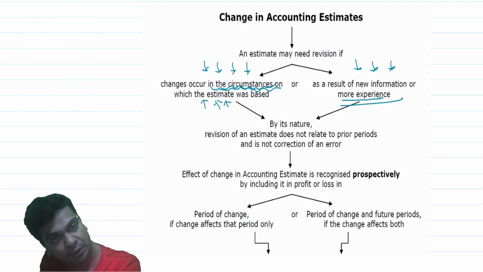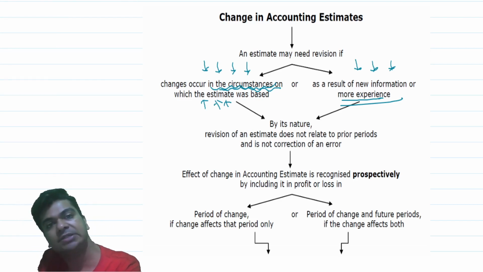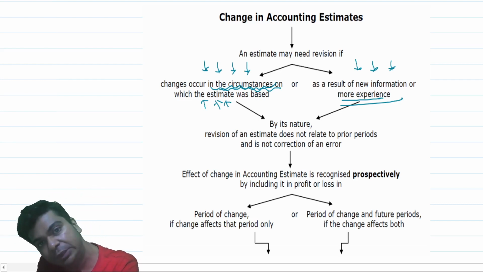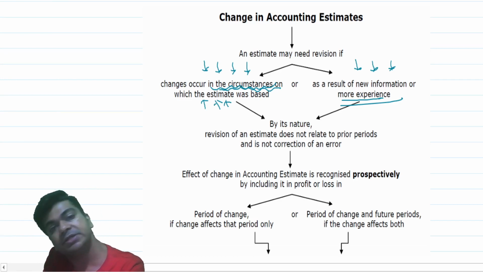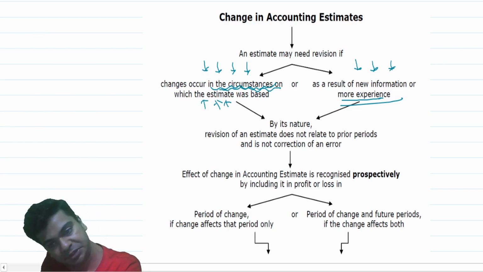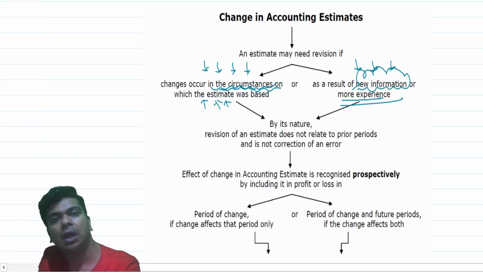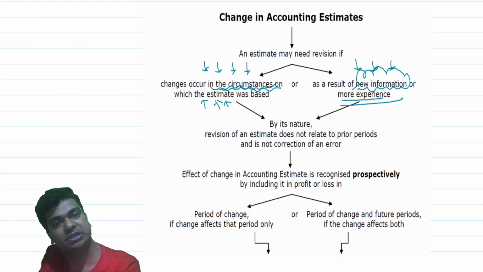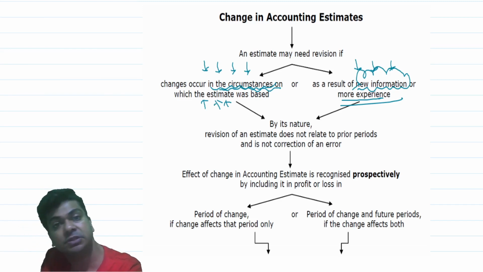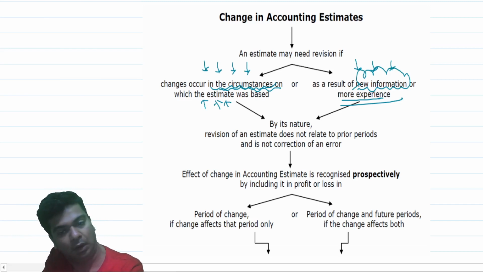My lawyers were advising me that, see, do not worry at all, you will win this particular case. And that is the reason I did not recognize any provision. But as on the balance sheet date, there are some new developments in the case, and based on that, my lawyers are now advising me that you may lose the case now and be prepared to pay damages of 30,000, right? New information is available right now, and based on that new information, I may have to make a fresh estimate. In other words, a change in accounting estimate can be made if there is a change in the circumstances or better information is available or as you gain more experience, right?